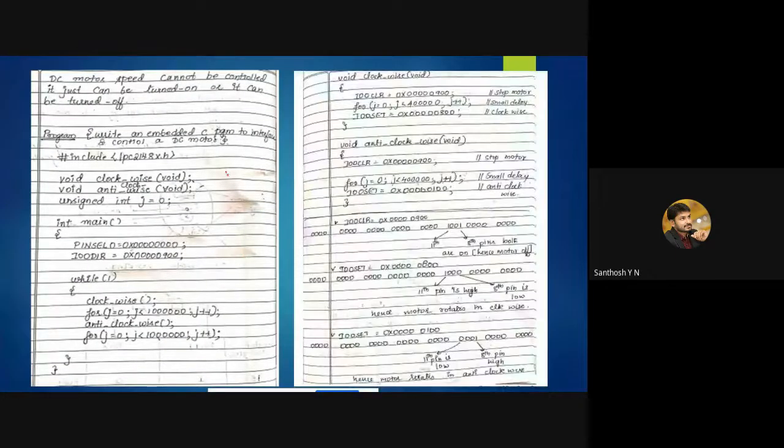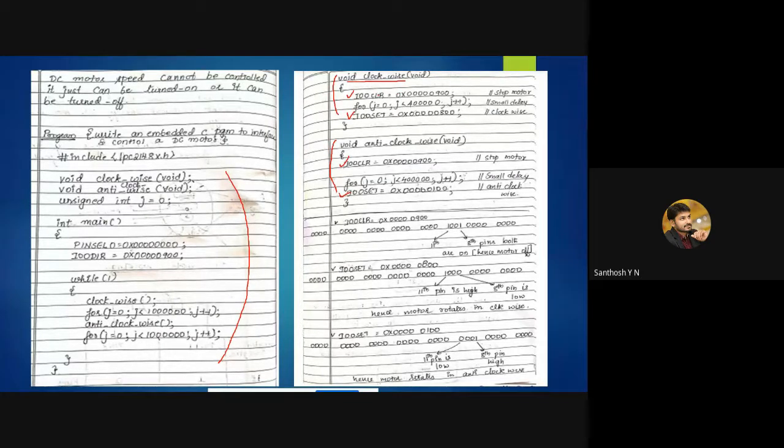So this is the main program, and we are writing the logic for clockwise and anti-clockwise. Even here you can observe that very simple registers are used, that is IO0CLR and IO0SET. First we are understanding the logic for clockwise.